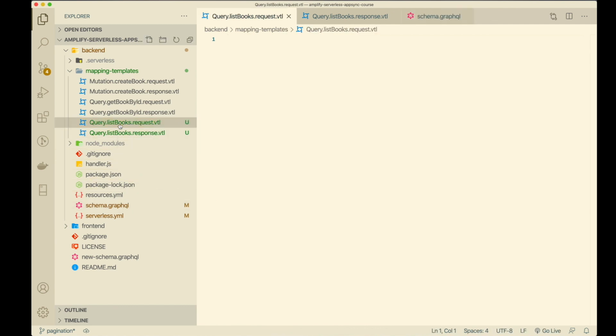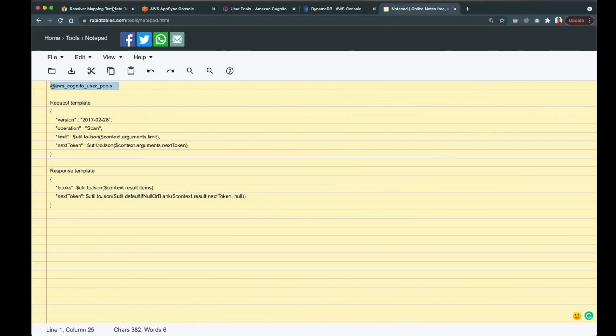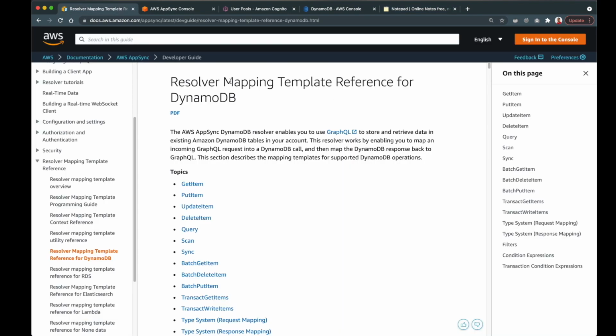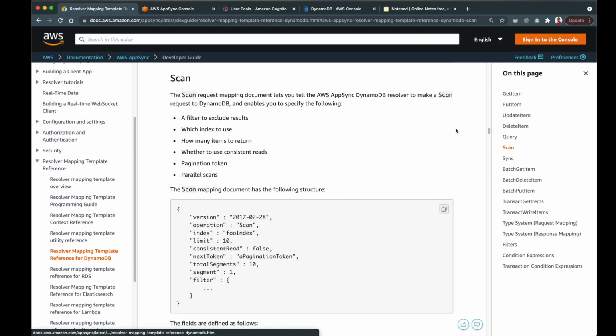So I'll open this up, and in order to add the mapping template, we would need some assistance, and that is where we will go to the resolver mapping template reference for DynamoDB. Now, since we are using a DynamoDB table, we can use this reference. And here, these are the operations that DynamoDB supports. If you look at the scan operation, it supports pagination.